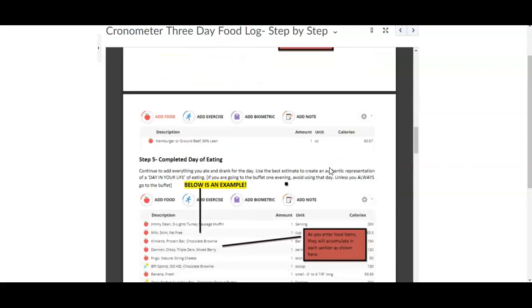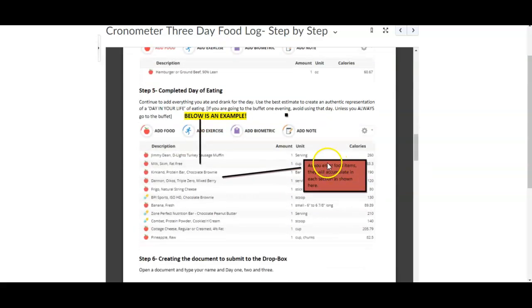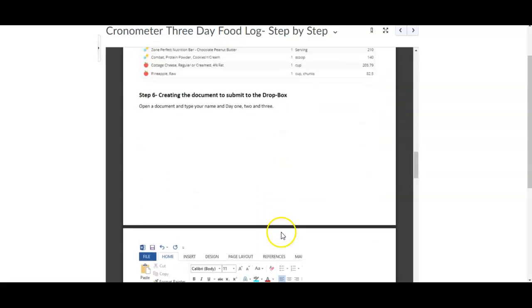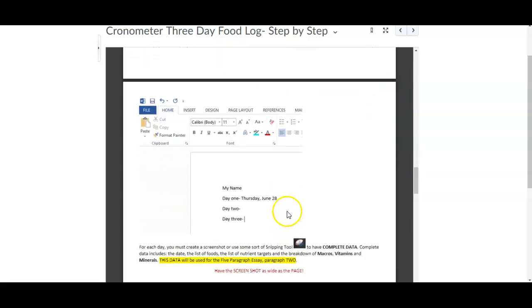So you're going to go through here, and it talks about how you do this. This is an example of something that I did. And then you continue going down, and then you're going to create a document that has your name. And again, this cannot be a Google document. You're going to have to download it if you use Google Docs into a Word document to upload that. Because when you try to upload a Google Doc into D2L, I don't have access to your Google account. We're not a Google school. We're a Microsoft school, so I can't have access.